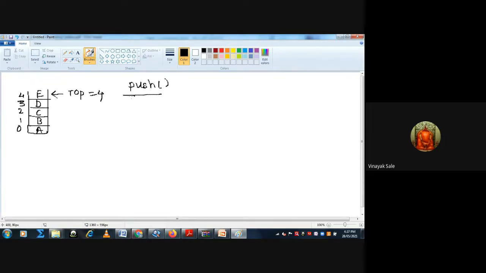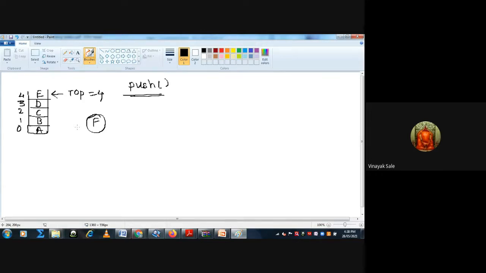Suppose you want to insert a new element F in this stack. Before inserting you have to check whether the stack is full or not, that is, overflow or not. If it is overflow, then you cannot insert elements into the stack.